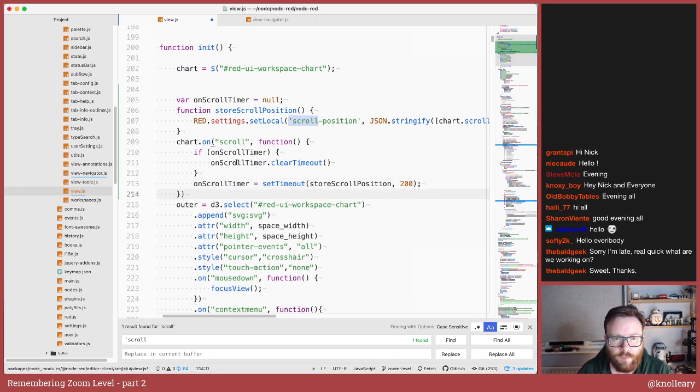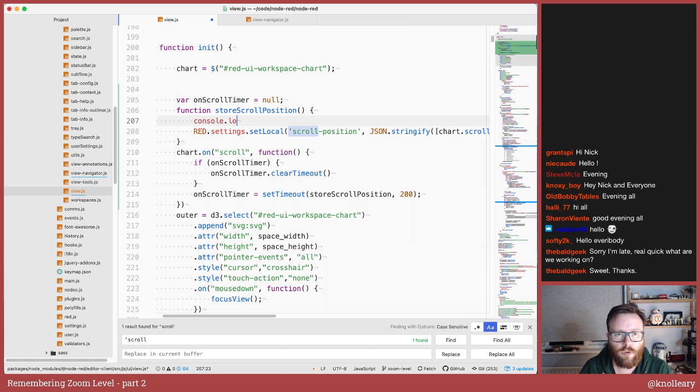So what this will do is every scroll event happens, and will happen dozens of times a second if you're scrolling. Each time it comes in, if scroll timer is defined, it'll clear it, and then it'll set a timeout to happen in 200 milliseconds to actually do the store. So which means if I keep scrolling, it's going to keep clearing the timeout and keep deferring actually storing it another 200 milliseconds in the future. So effectively, it'll only do the set when I stop scrolling.